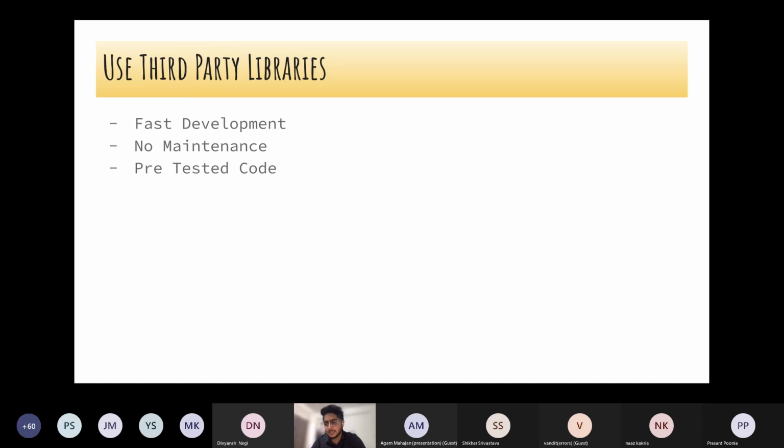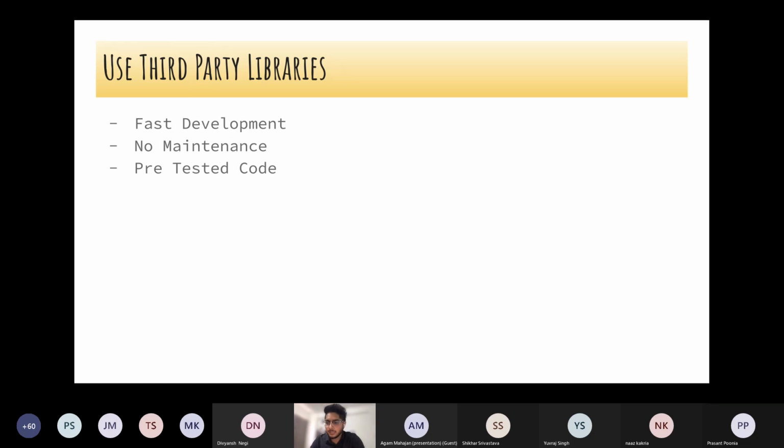For example, there is a network layer, Alamofire, which helps you make API calls to the server. If we try to build that, we have to maintain that code and make changes based on future use cases. That is a lot of overhead on us. So we can simply use that library and do faster development.